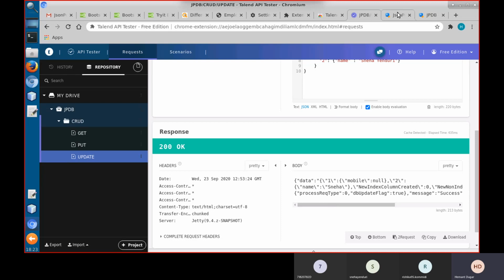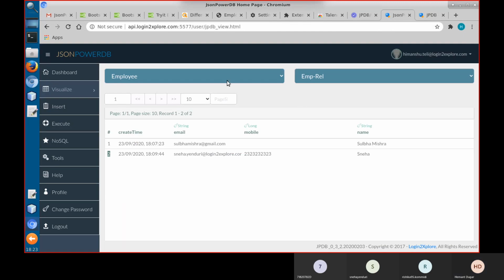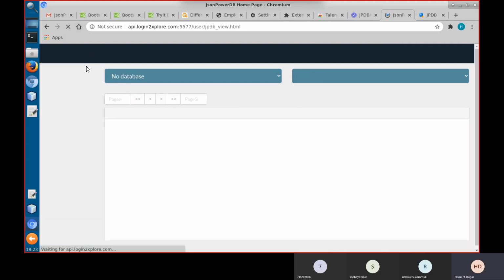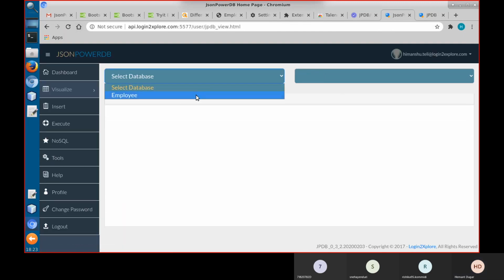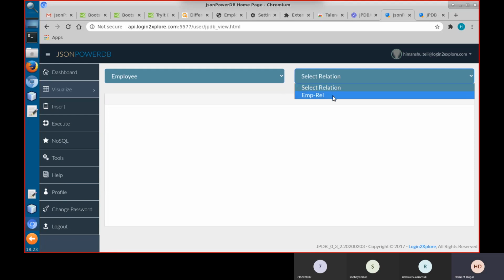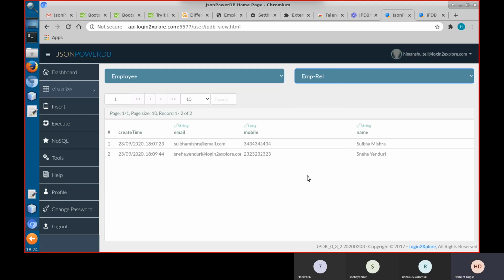Let's see what happened. No, there is no new column. Actually, for this record, new column is created, because this record was not having a mobile number. So this gets modified, and then this name gets modified.